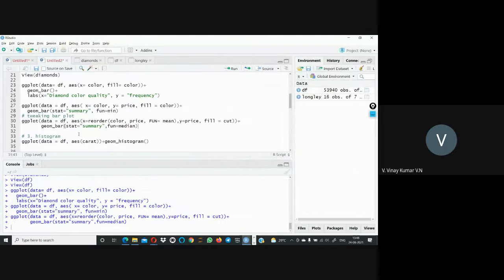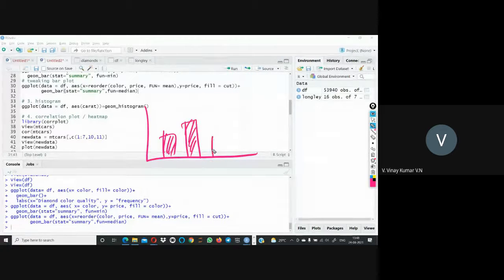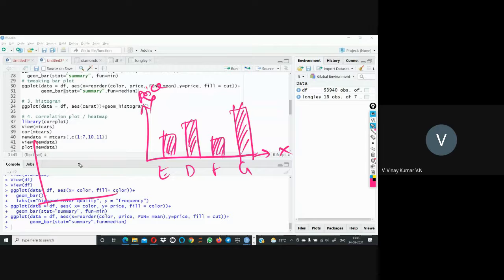This is about the line graph. Next one is the histogram, a continuous or connected bar. Suppose we have a bar graph like this. This is one bar, another bar, another bar, with some column names like E, D, F, G. This is our price on the x-axis and y-axis, and this is nothing but a bar graph. If you are finding the distribution with respect to one feature itself,